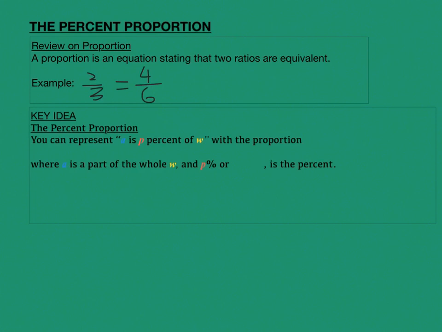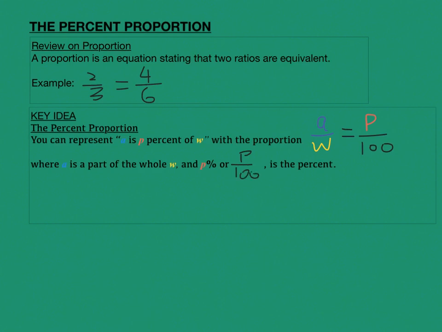You can represent A is P% of W with the proportion A over W is equal to P over 100, where A is part of the whole W and P% or P over 100